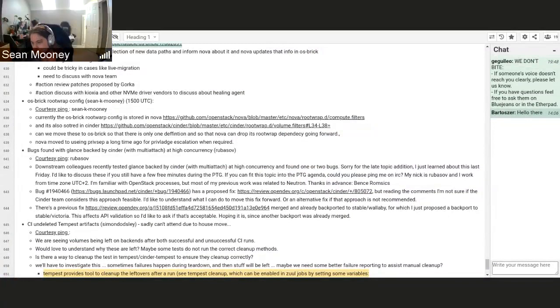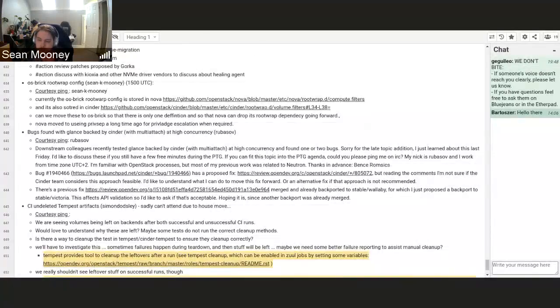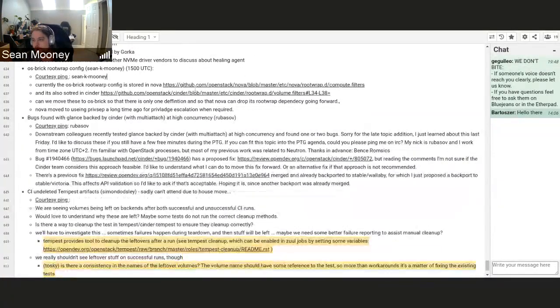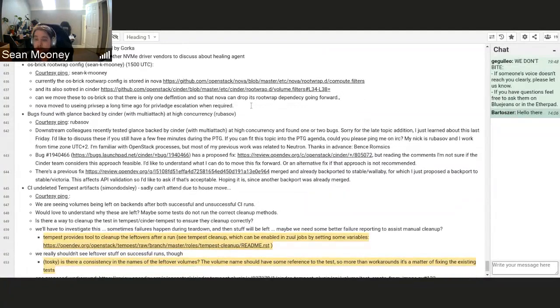Okay, so I think this is a fairly simple one. Right now, OS Brick still uses rootwrap in a couple of cases, but both Nova and Cinder have rootwrap configuration files that we're shipping for OS Brick. I think it would make sense to centralize those in OS Brick itself, so it's shipping its rootwrap configuration, because